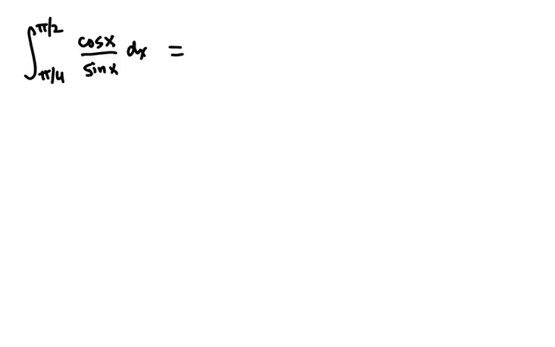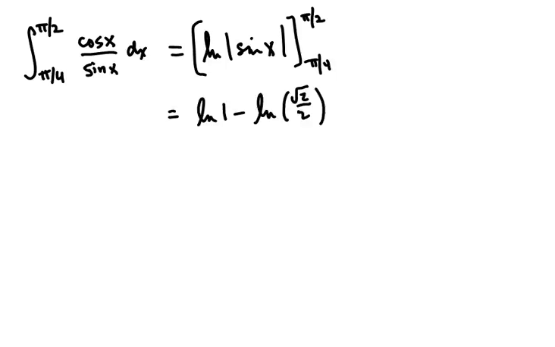it the negative opposite sort of the integral of tangent of x, which is negative natural log absolute value of cosine of x. And so in this case, it would have been natural log of the absolute value of sine from pi over 4 to pi over 2. So, to make a long story short,